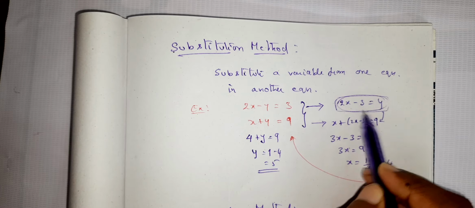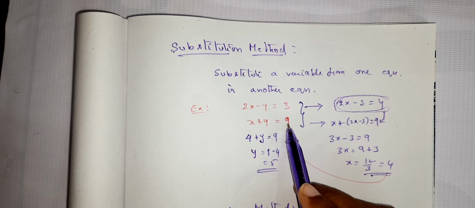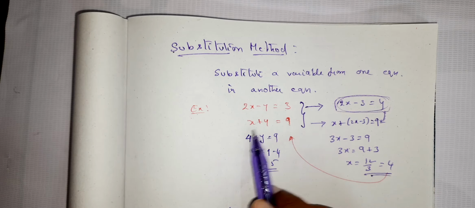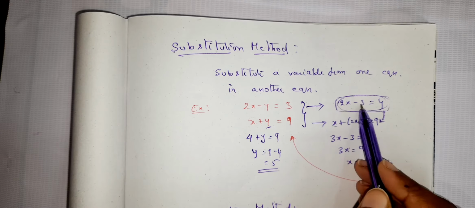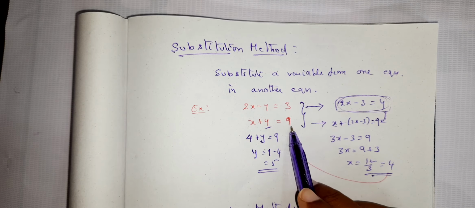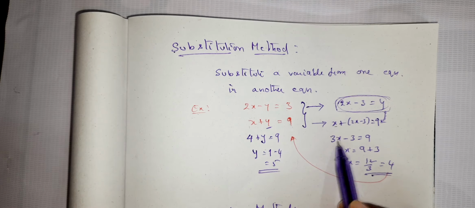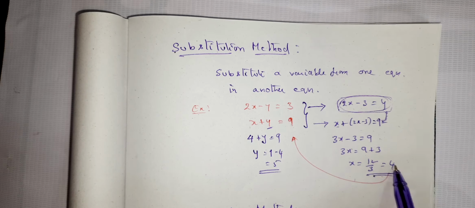So from the first equation you are finding y, and then you are substituting that in the second equation. X as it is, and in place of y you are writing 2x minus 3. 2x minus 3 is equal to 9 as it is. Now 2x plus x is 3x minus 3 is equal to 9, or on further simplification you will get x is